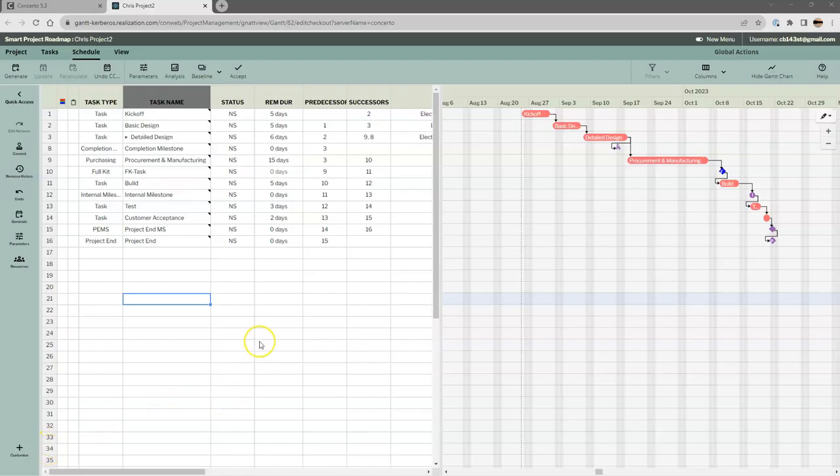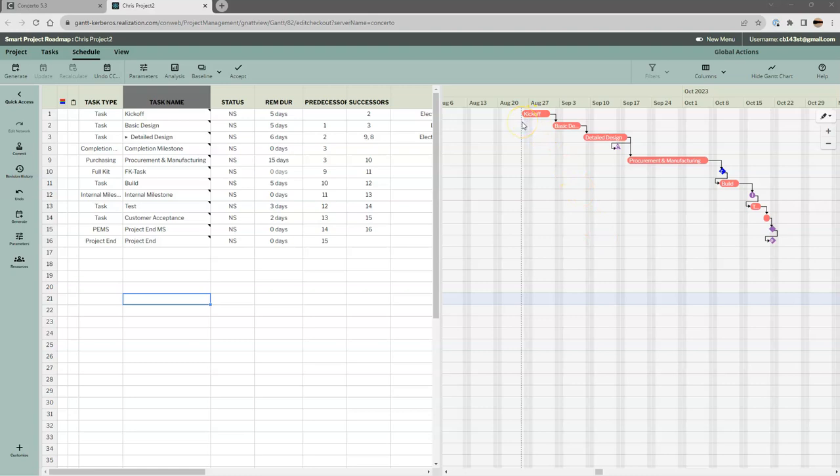Okay, we're back in Concerto. I'm back to my project that we've been working on. It has the critical change still showing, the milestones that we've inserted in the last video, and now we're ready to insert buffers. So in a nutshell, what does buffering do and why is it needed? I won't go too long in this discussion, but